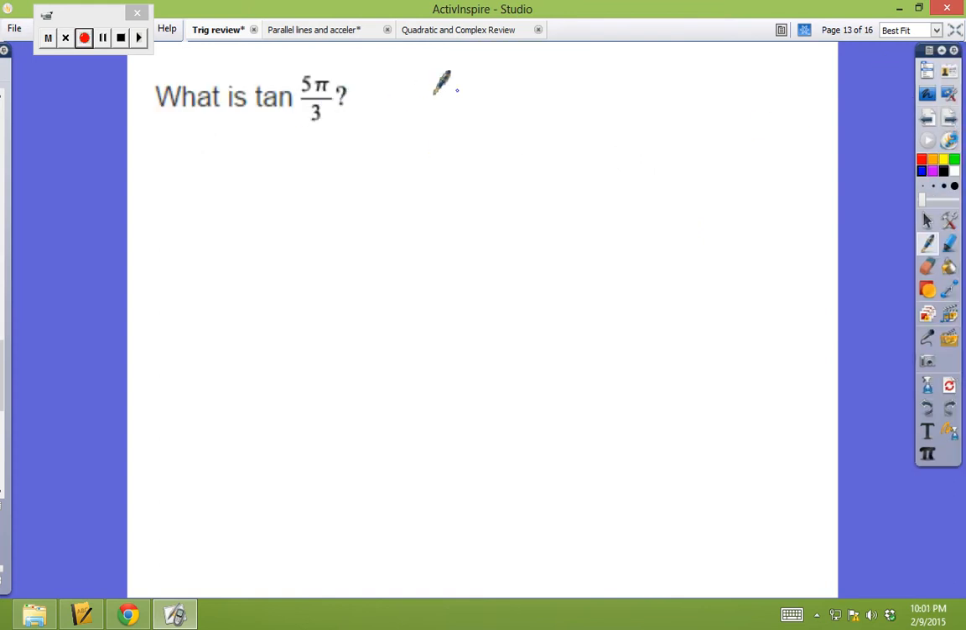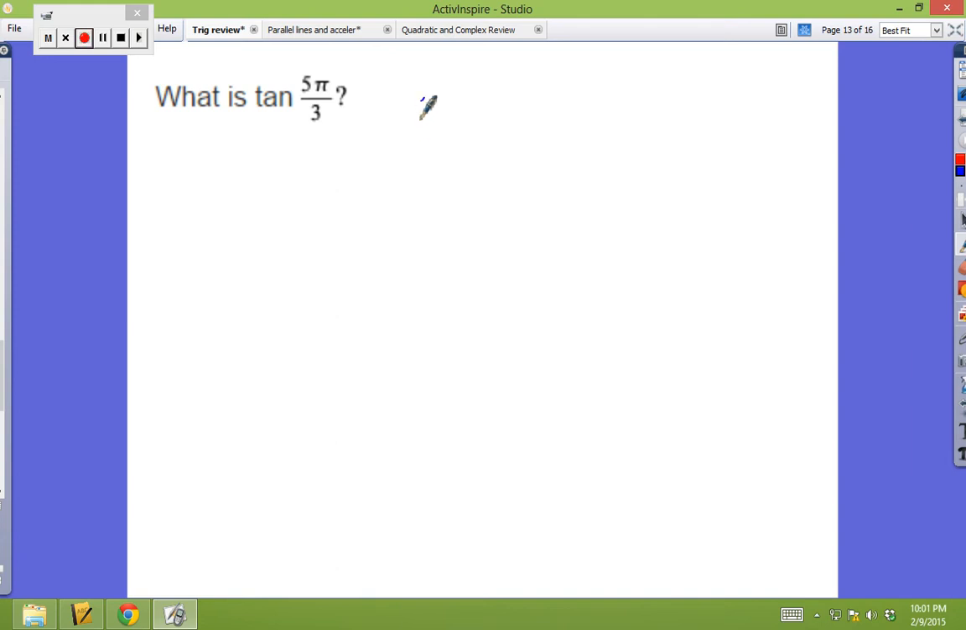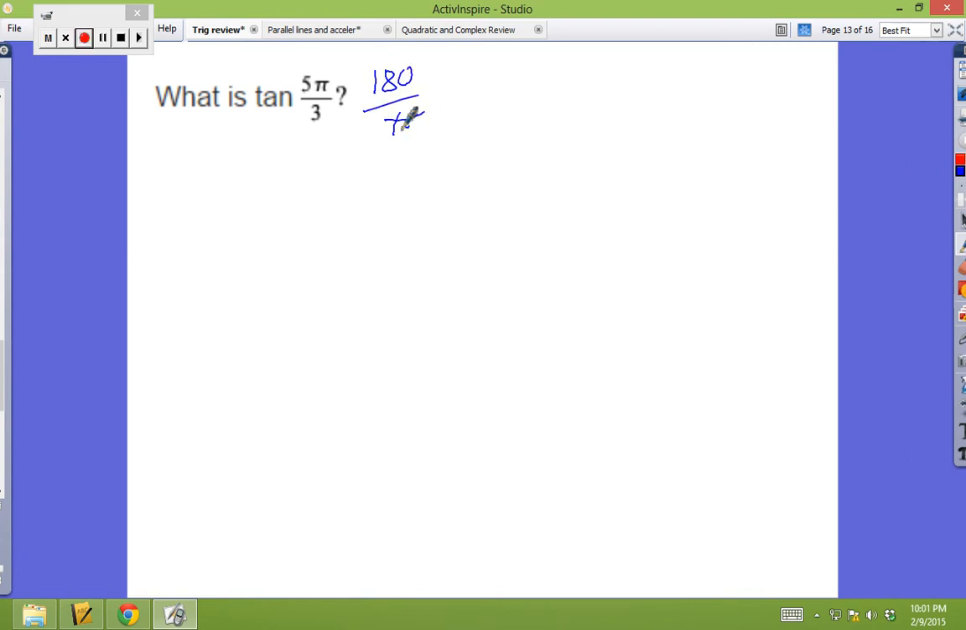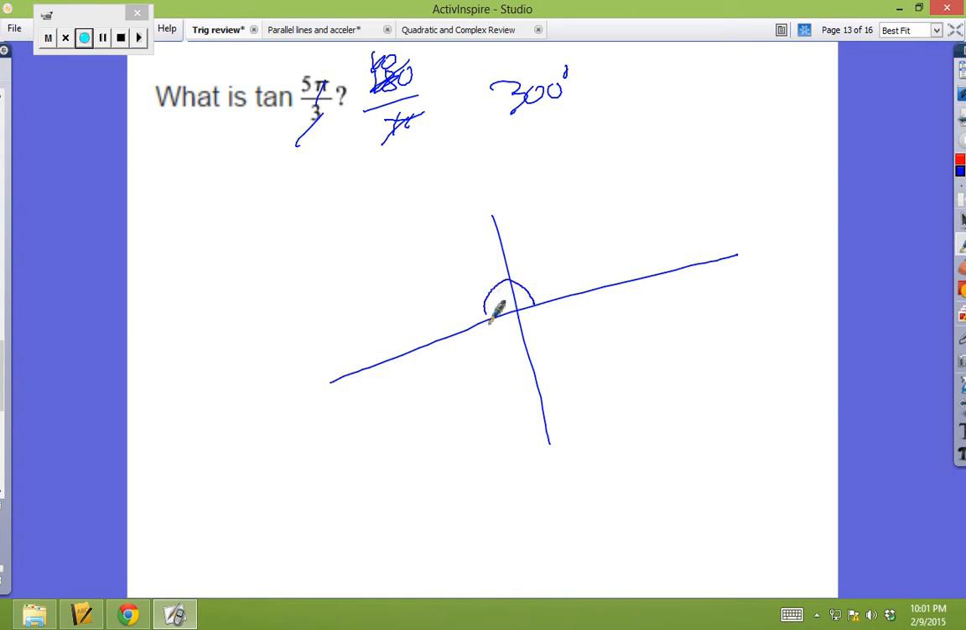Tangent of 5 pi over 3, so change 5 pi over 3 to degrees. 5 pi, so let's just times it by 180 over pi. Pi's cancel, 3 goes into 180. 60 times 5 is 300 degrees. 300 degrees is going to end you up almost